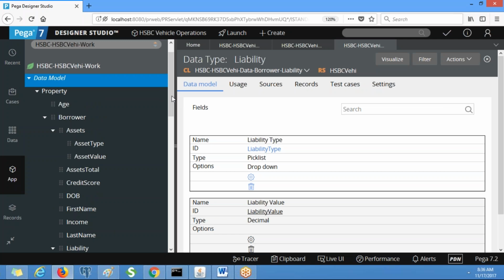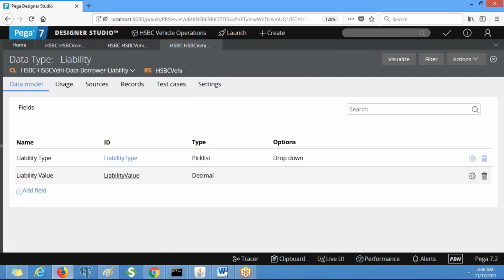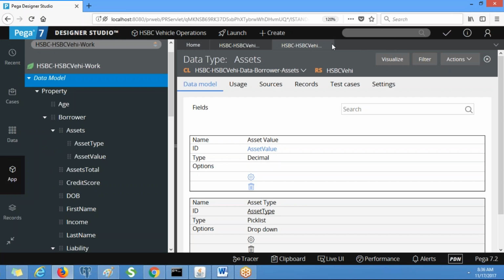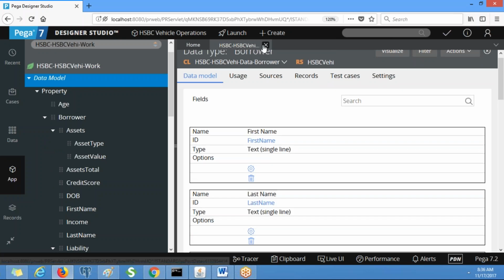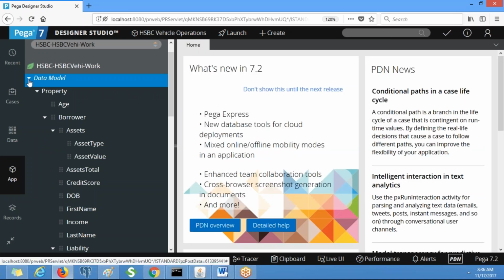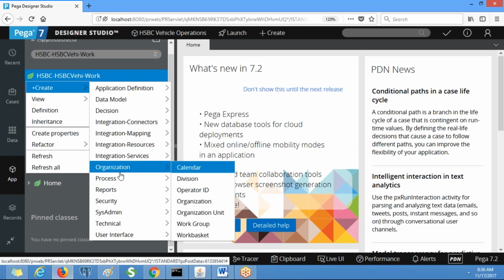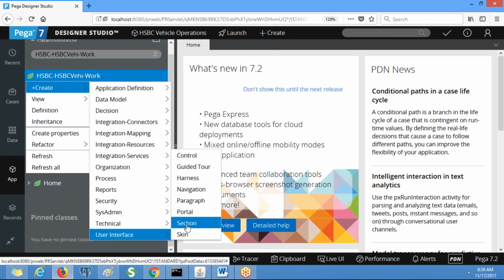Now we are going to create a section called borrower details. Right click on the class, create user interface section.